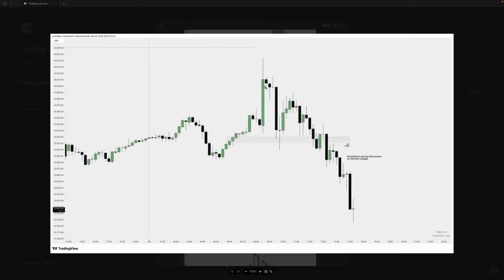Because AM session was choppy, this isn't moving in any real direction. It's just gone higher, gone lower, chopping around. So PM session can now be distribution. Remember we spoke about session characteristics, okay? And then the entry